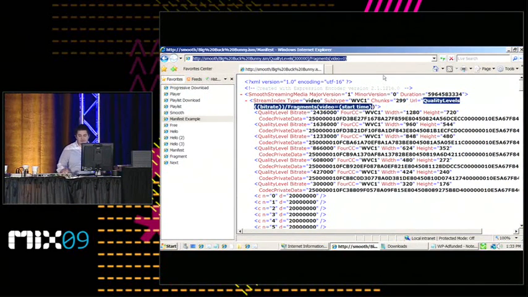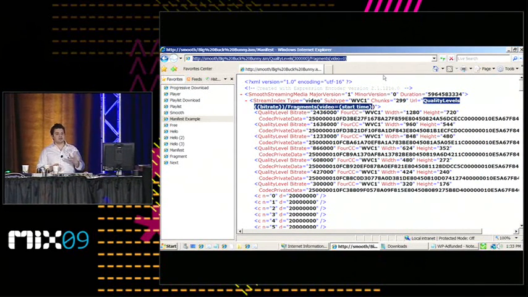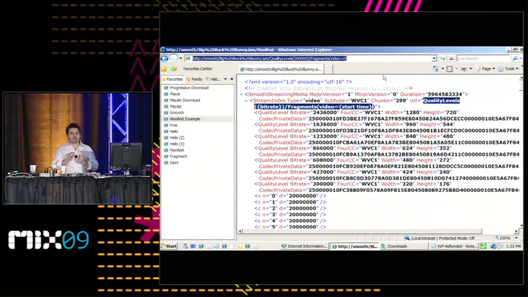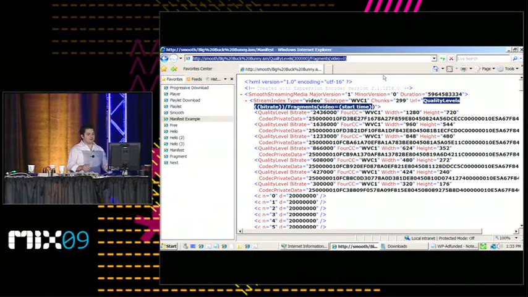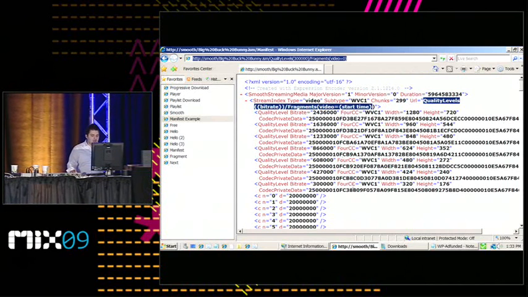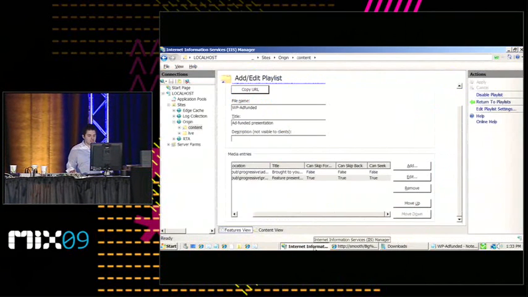So that is basically how smooth streaming works at a technical level. The client makes requests like this. It uses bitrate heuristics to figure out what it should be requesting next, and the server responds to those requests by delivering files from the file system. If we were to go look at how this presentation is actually structured,